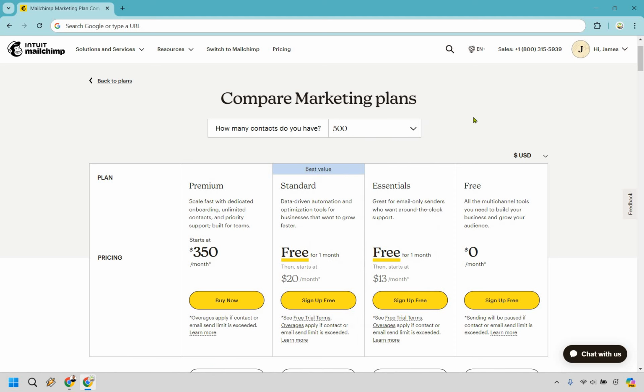Once again, if you're brand new, you're going to be using up to 500, and you can move on from there based upon the specific features that you want on each of these Mailchimp pricing plans. If you have any questions, feel free to leave a comment down below, but that's a very quick overview of what Mailchimp has to offer in terms of the pricing plans and the perks for each of those